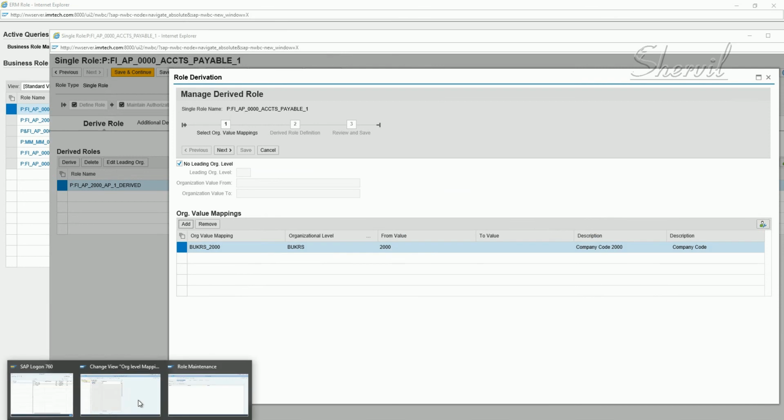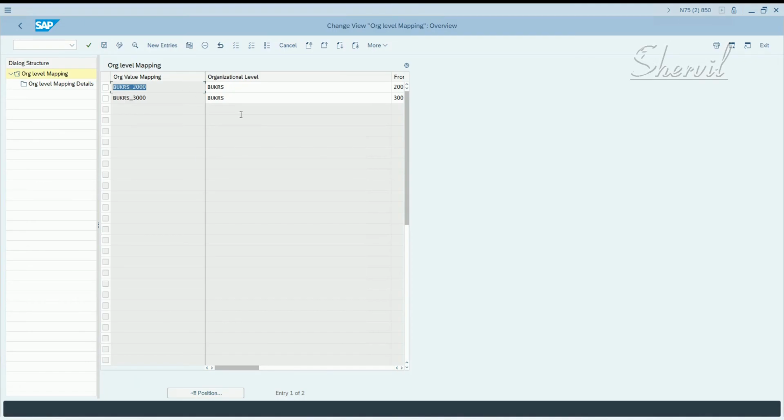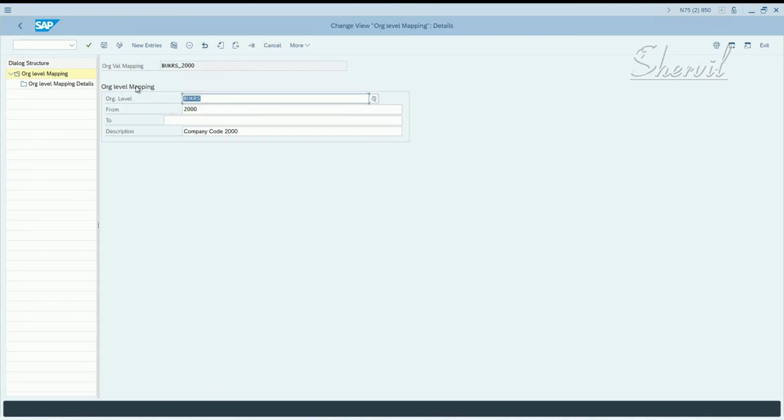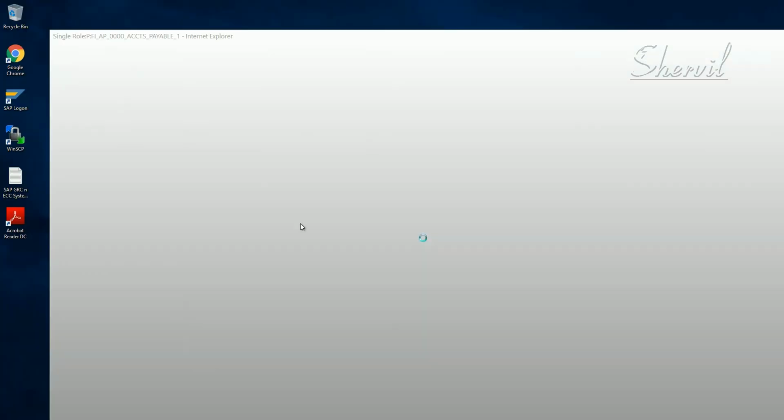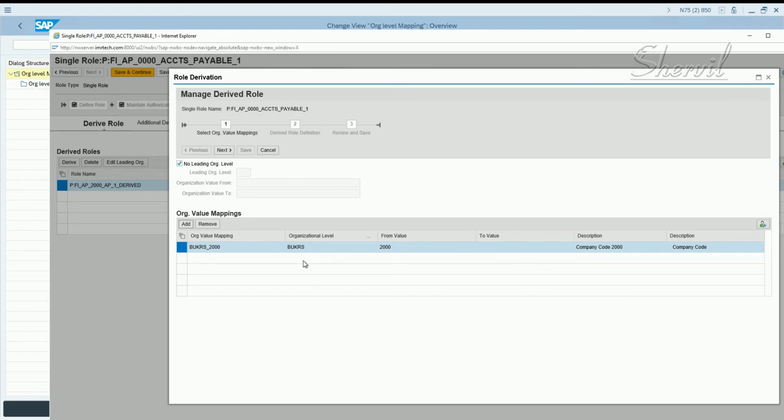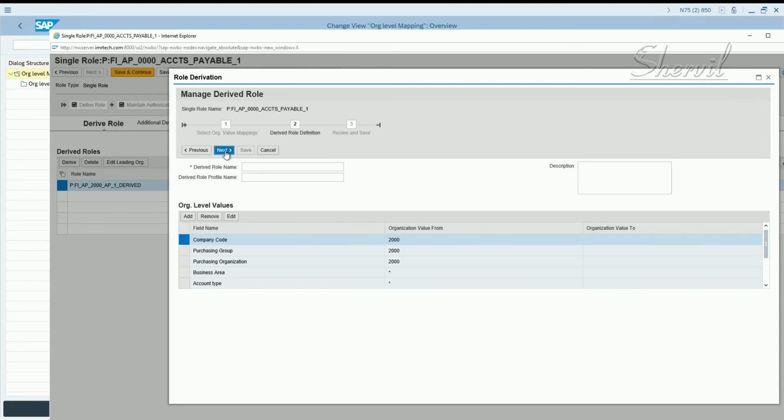So let's go back and check one more time. If we look at the definition here, we gave 2000 here. So that's why you get the value in access control as 2000. Now click on next. And if you see, whatever values we maintained in the child mapping are automatically coming.